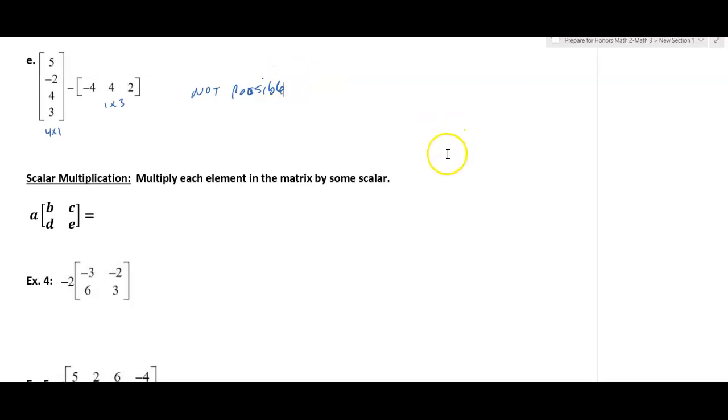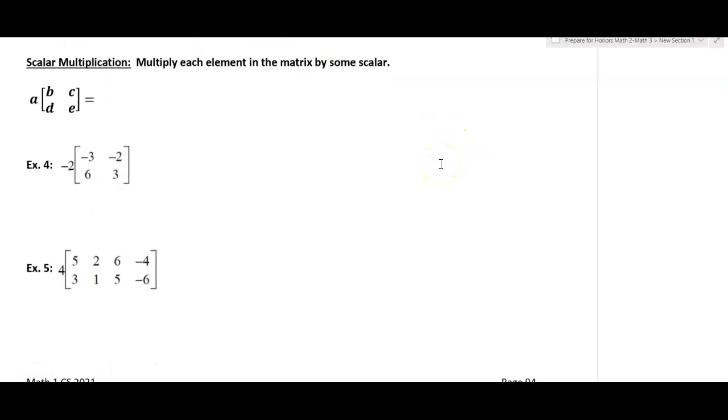So next, scalar multiplication. This is relatively easy too. All you're going to do is multiply everything in the matrix by this outside number. So you would get A times B, A times C, A times D, A times E, and we are good. So when I look at example 4,